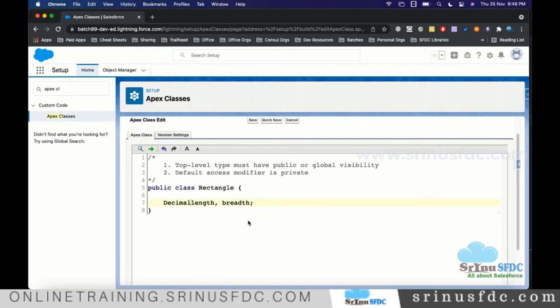Decimal is the data type, there should be a space, and then you mention the name of the variable. Here also I'm giving a space, but that is optional. If you want, you can give it, otherwise leave it. You can also write it like this. But for sure, we have to keep the comma. If you don't keep the comma, it treats everything as one variable, right? So just to get to know those things.